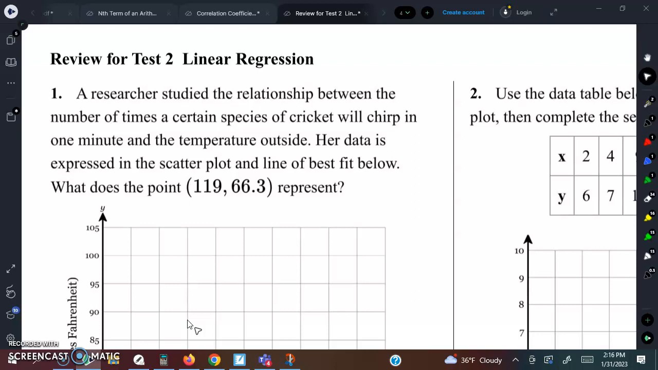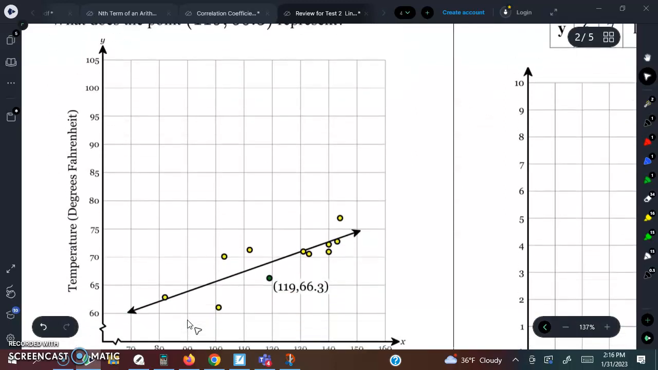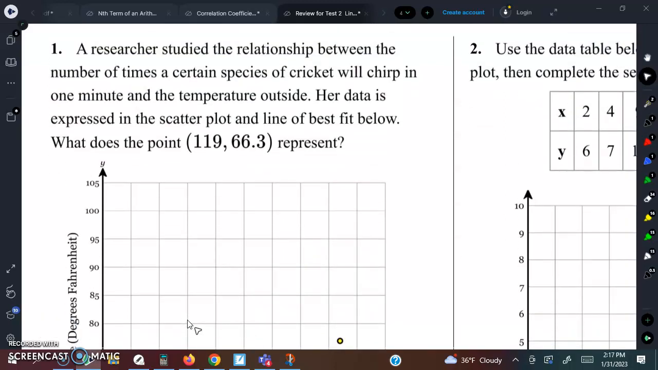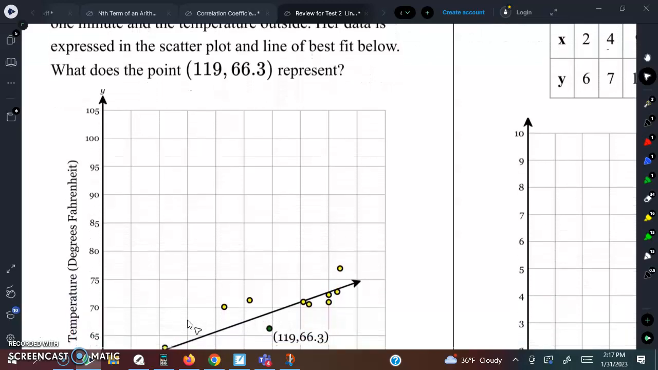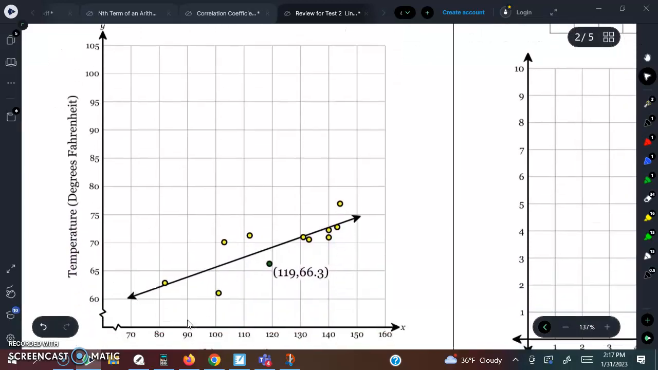Let's go deal with 2 variable statistics, and the first one here is dealing with a scatter plot. Researchers studied a relationship between the number of times a certain species of cricket will chirp in 1 minute and the temperature outside. Her data is expressed in the scatter plot and the line of best fit below. So they want to know, what does the point (119, 66.3) represent? So here's the scatter plot, here's the line of best fit, and notice they're referring to the dot